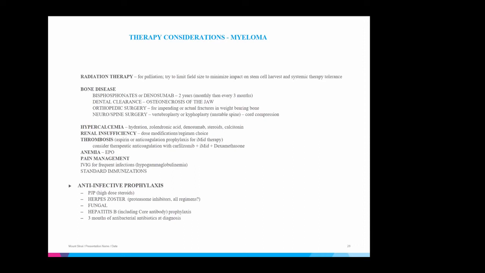Anti-infective prophylaxis is important. These patients are immunocompromised both by their disease and by their lack of functioning plasma cell activity. Patients who you think are going to be receiving high-dose steroids should be on PJP prophylaxis. They should get prophylaxis against herpes zoster, and then fungal prophylaxis and hepatitis B prophylaxis in the patients who are core antibody positive